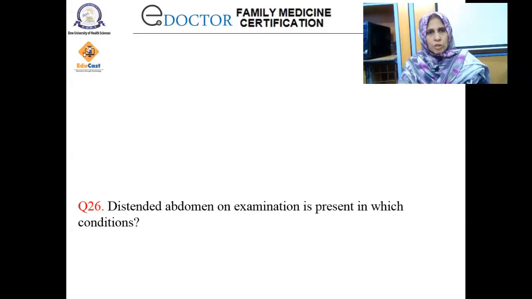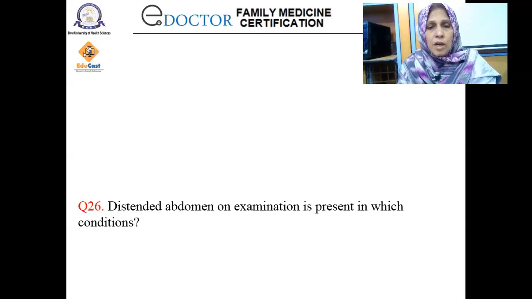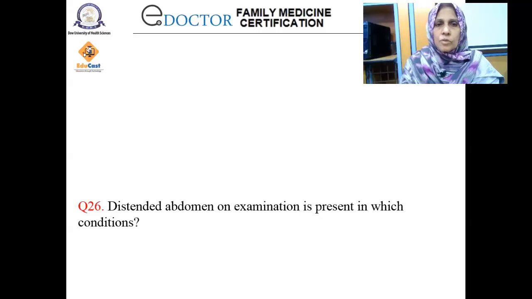ultrasound. The last question is, distended abdomen on examination is present in which condition? Well, it can be any enlarged viscera, like gross hepatomegaly or gross splenomegaly, or gaseous distension, or intestinal obstruction like ileal atresias or jejunal atresias, or Hirschsprung disease or imperforate anus, meconium ileus. So any of these can cause a distended